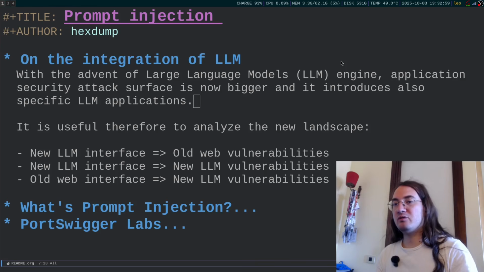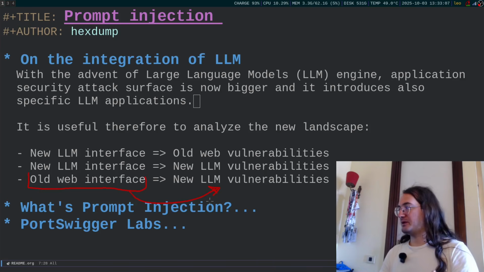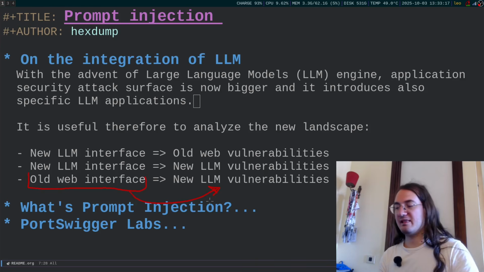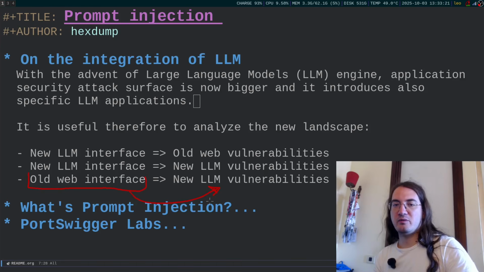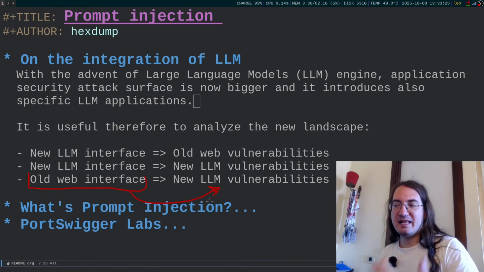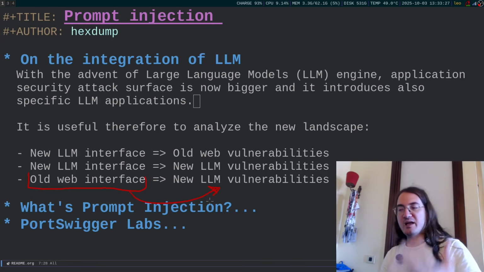And also, I could have situations in which old vulnerabilities can allow me to exploit new LLM vulnerabilities. For example, if I find a way through a classical injection to modify the system prompt for all users, then I may be able to leak data, because maybe I can tell the LLM, look, when you receive this data, you send this through this URL. Like, you can change the agent behavior, you can change the LLM behavior, and this could be